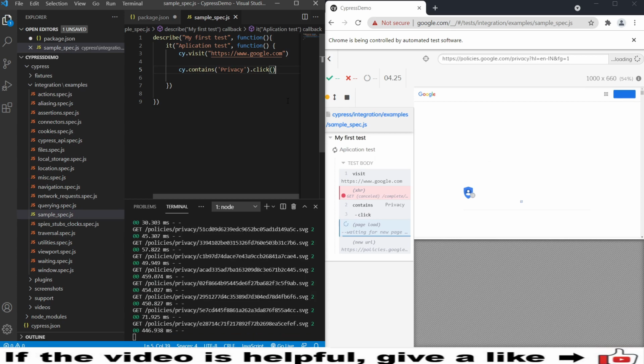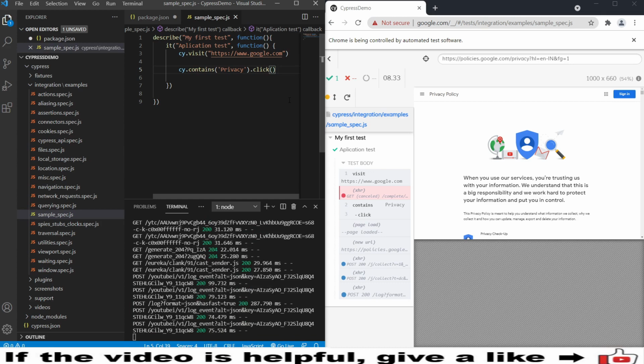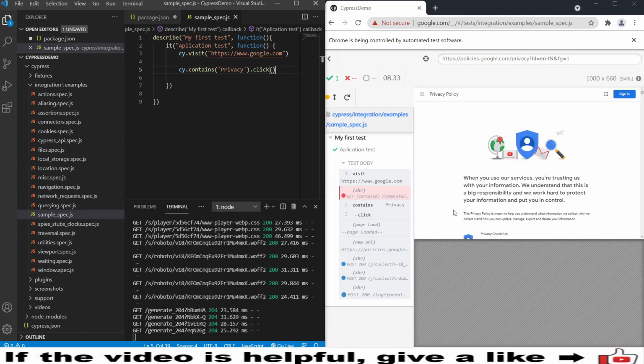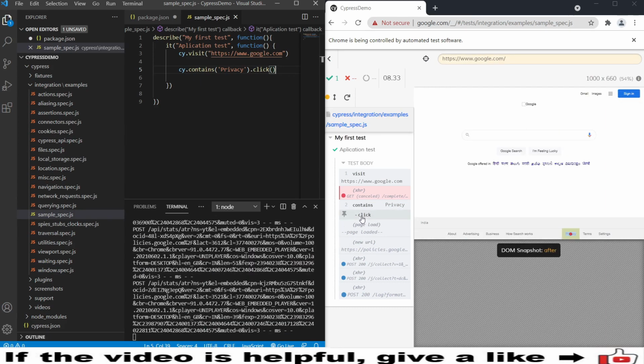Right, here you can see after checking whether privacy is there on my web page or not, as soon as it saw that, it performed the click action. And for the click action, if I mouse over it, it shows where it actually clicked. Actually we are on a different privacy page altogether, but as soon as you mouse over, it will show you where the actual command came from on taking action on a particular web element. So this is called the time travel feature in Cypress. And you can pin here.